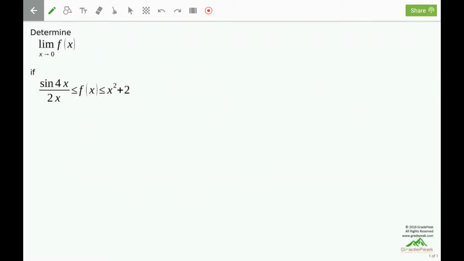Determine the limit as x approaches 0 of f of x if f of x sits between the sine of 4x divided by 2x and x squared plus 2. So f of x is sitting between the sine of 4x divided by 2x